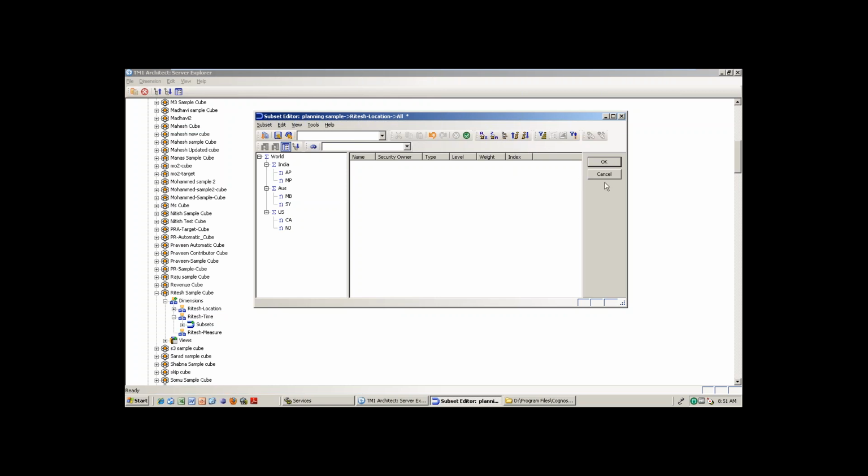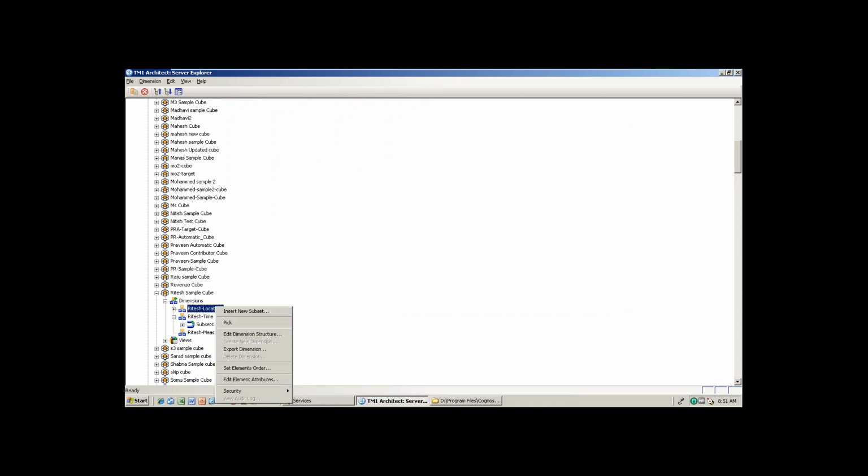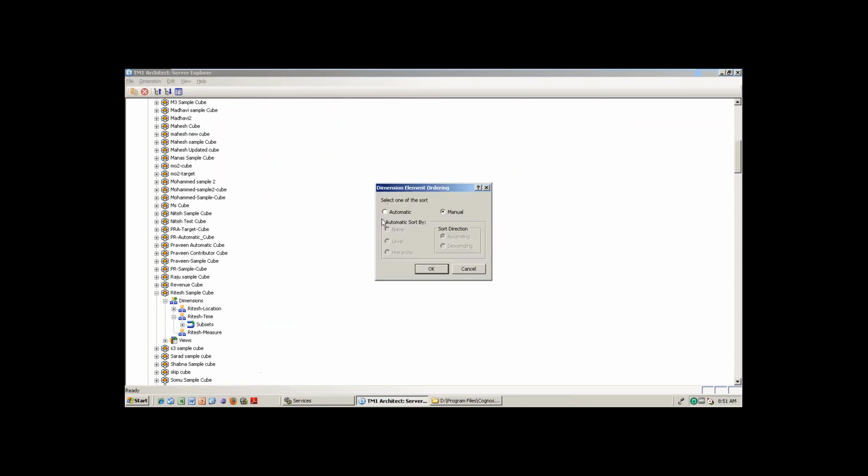But what I am telling is, if I am doing the automatic by name, then even the consolidation also will come in the sorting order, right? So all the things will come, and it will not be a proper organization, hierarchy-wise. For example, your country is A and your state is something like Z. So state will come last and country will come here, something like that. It will not go as per proper structure. If you want to do each level-wise sorting and each hierarchy-wise, it will give you some different meaning. So that's the reason why normally we will use manual.